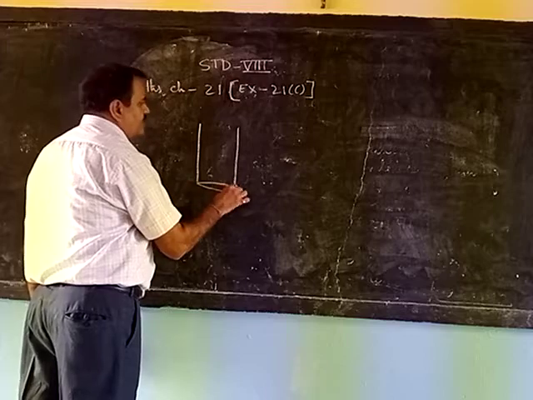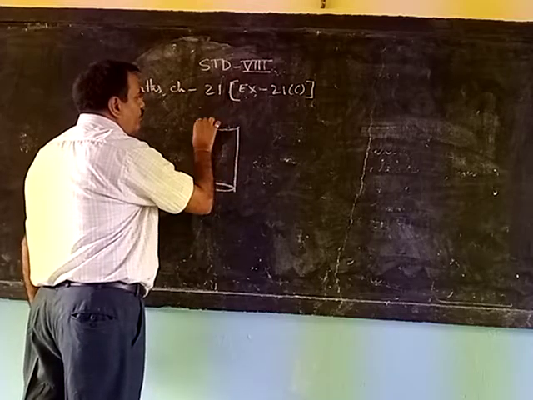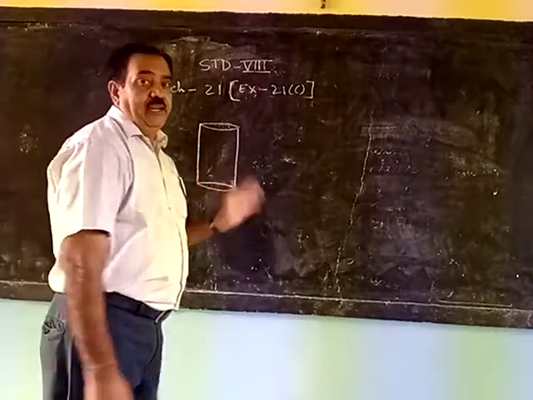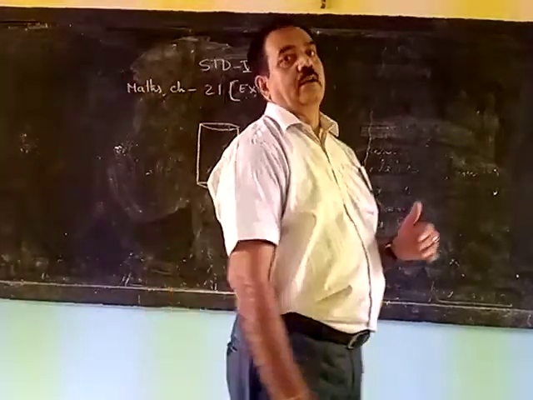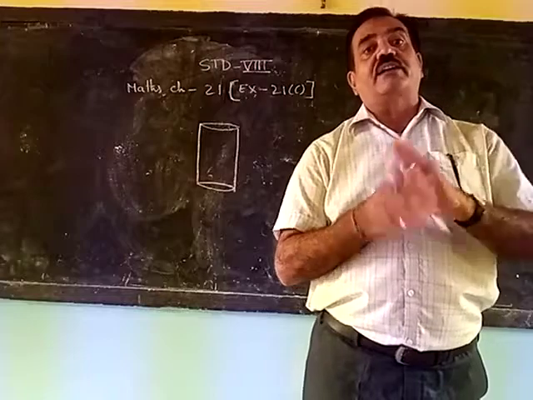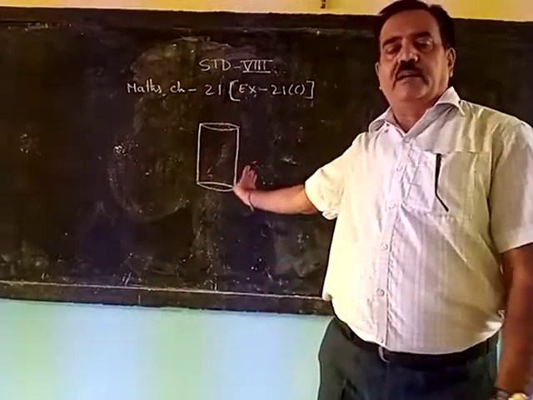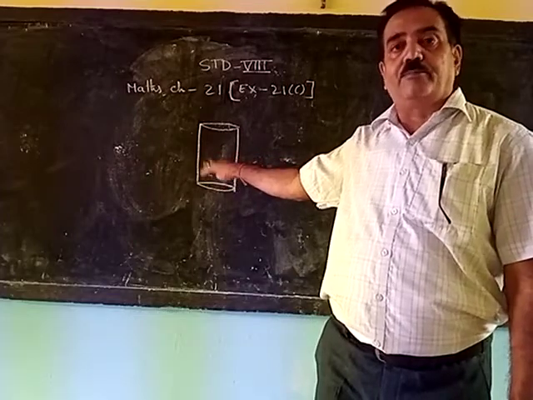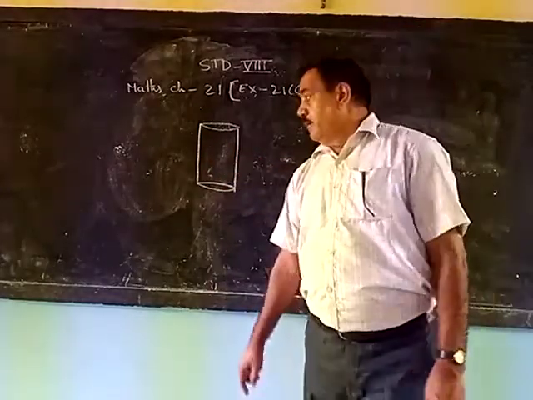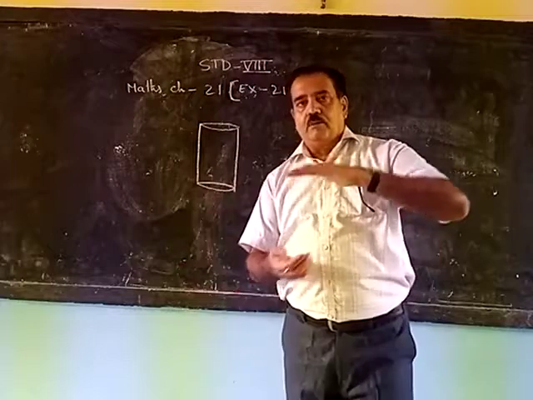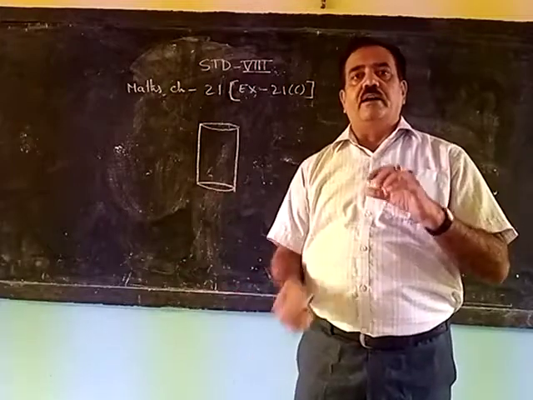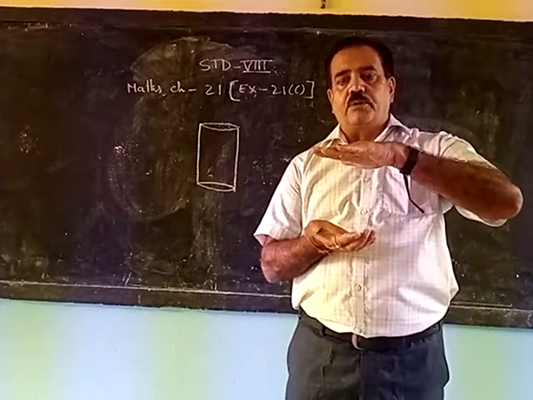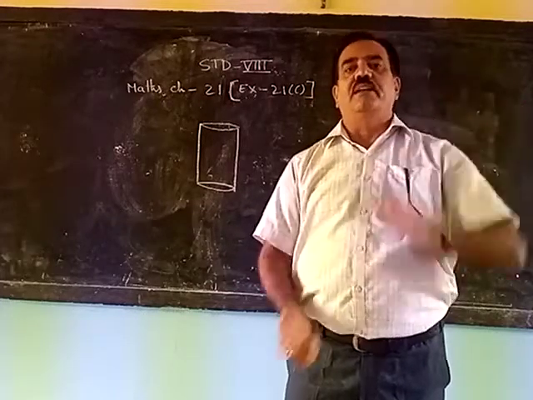This is the base of the cylinder. This is the top portion of the cylinder. And since it is solid, solid means a three-dimensional figure, so we cannot draw it exactly on a plane figure, and the board is a plane figure. So we cannot draw the cylinder on the blackboard. But once again, when we take circles of the same radius and keep them together, it will take the shape of a cylinder.